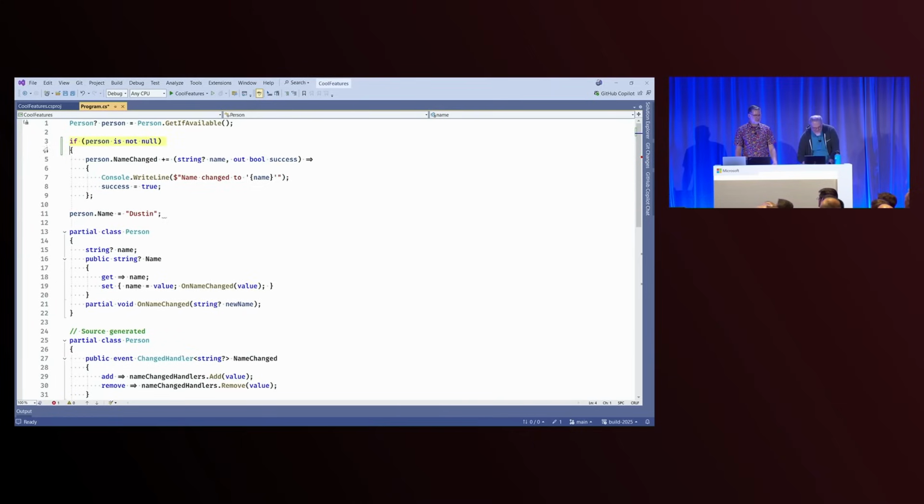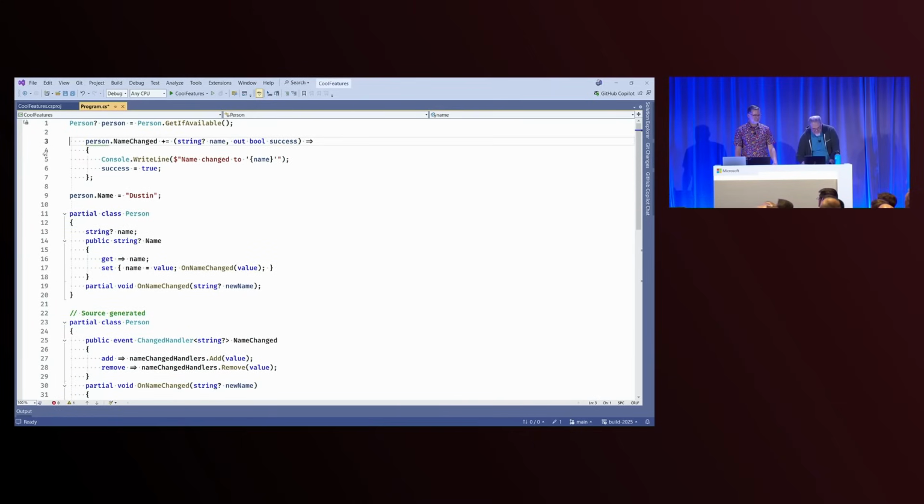We did a feature for this, right? It's called the null forgiveness operator. So I can just put an exclamation point right here, and that just makes all the warnings go away. Yeah, just make the warning go away, and then you have no bug. The bug's gone. Nothing to see here is the name of this operator. It's interesting that several releases before, we actually had nullable reference types.